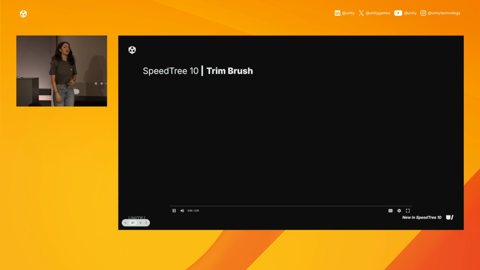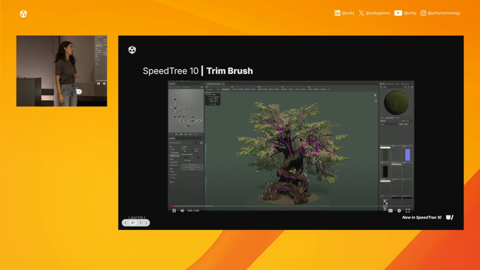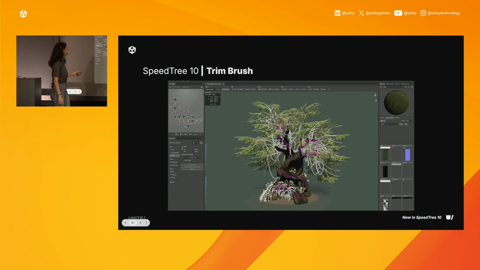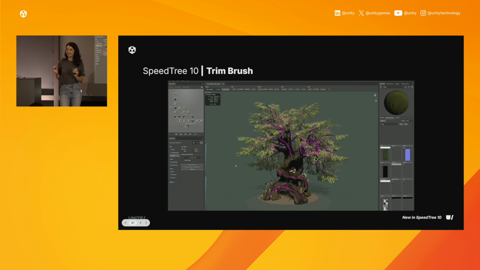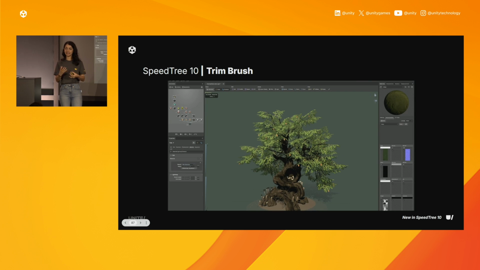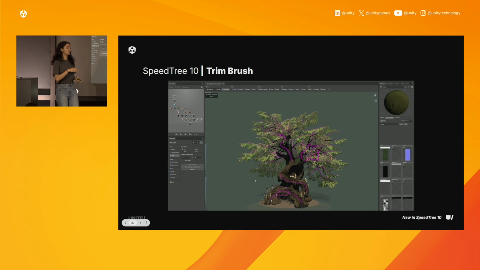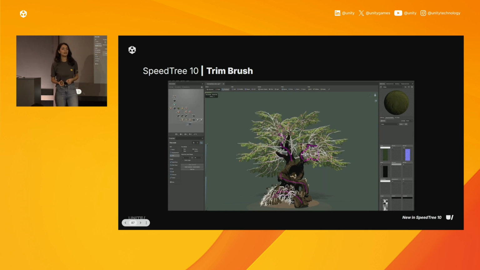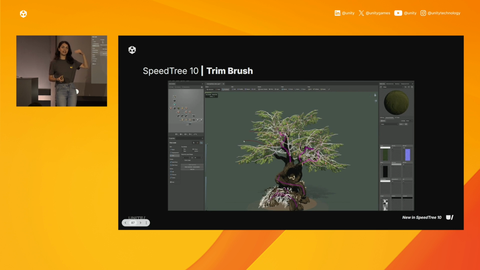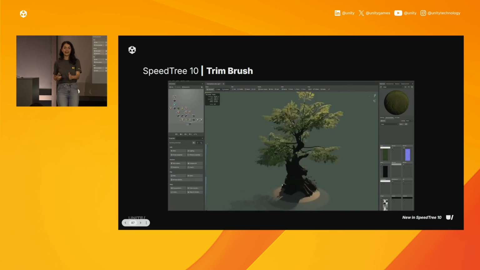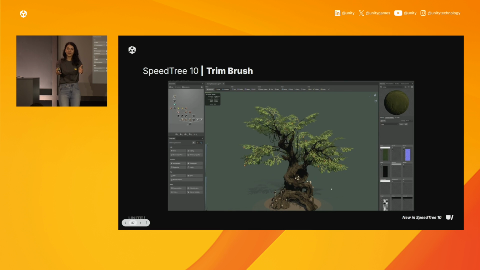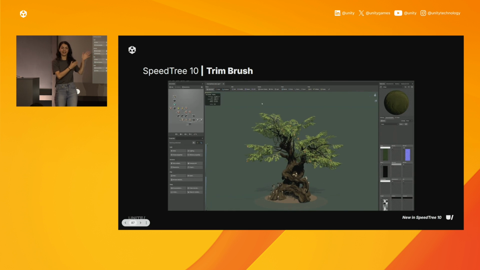Because in SpeedTree 10, one other thing we added is a new freehand tool called Trim Brush. The Trim Brush is really fun because it allows us to essentially take a pair of gardening shears and create wild shapes on our tree. So this is fantastic if you're trying to create a really custom shape, or if you just need to cut out some stragglers. Or I had someone come up to me yesterday, and he was saying, in our town we have trees and we carve out part of the tree in a rectangular shape so that the cars can go through. Well, this is a perfect application of the trim brush.